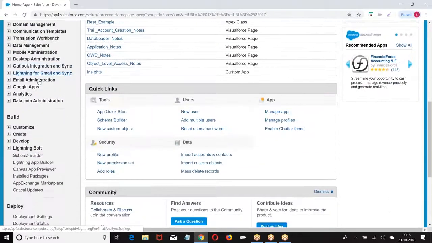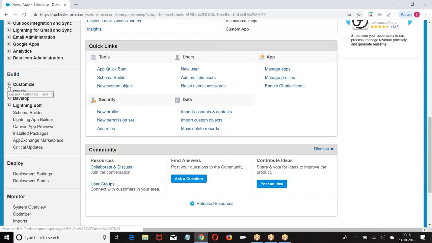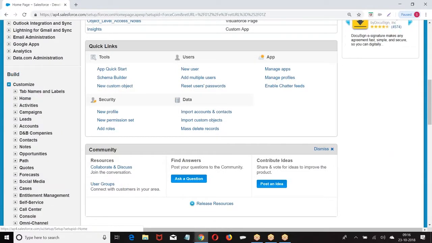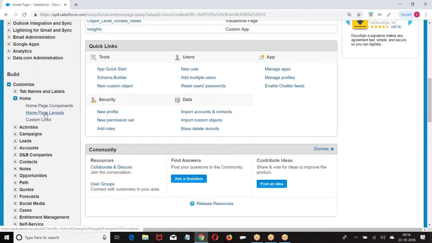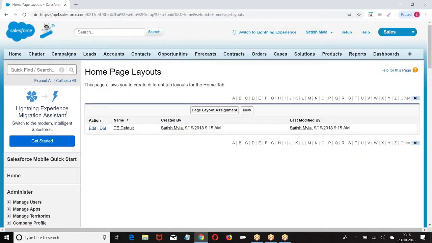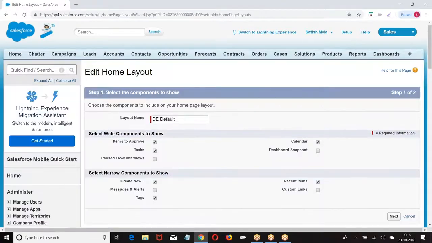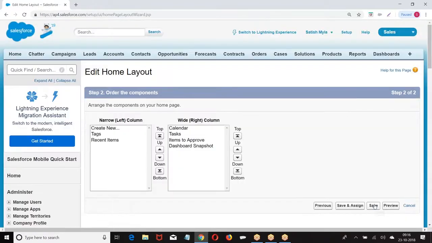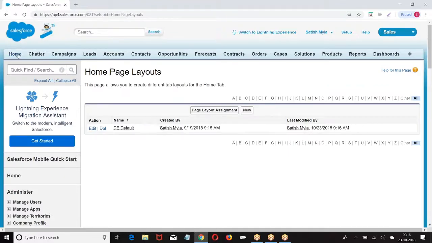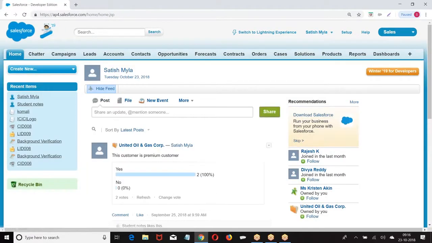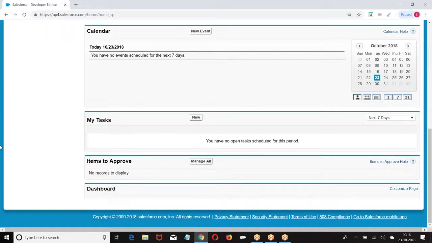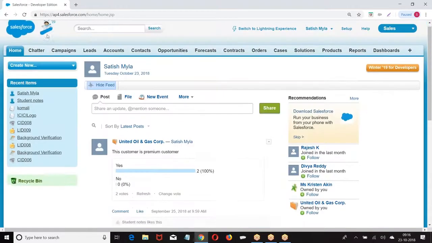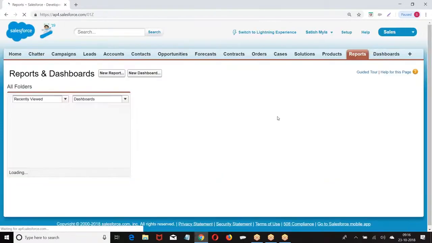Setup, build, customize, home page layout, edit. What do we have here? Dashboard. So go to the home. When I go to the home, why are no dashboards coming here? Let's go back here again. We have not saved it actually.